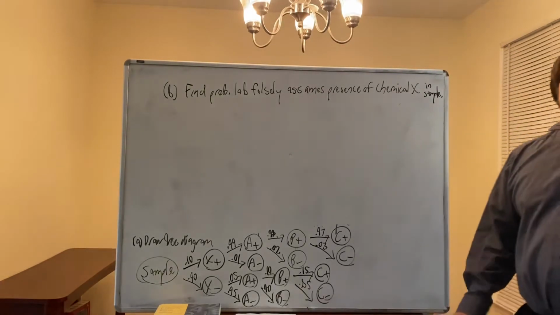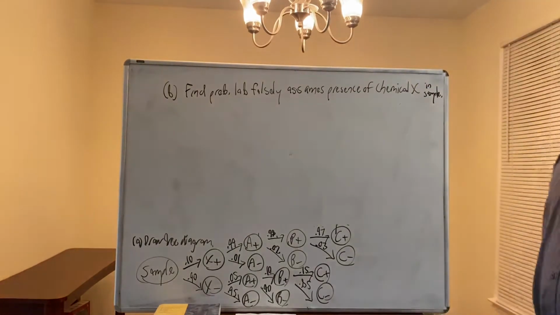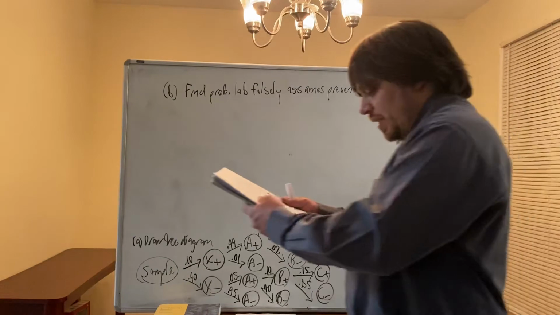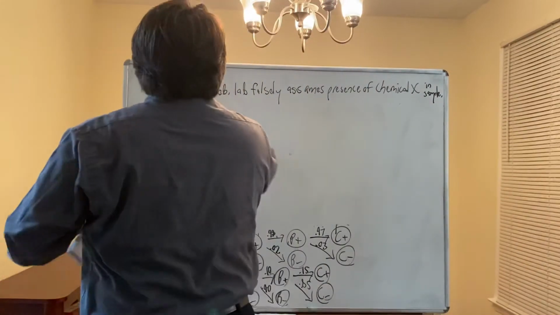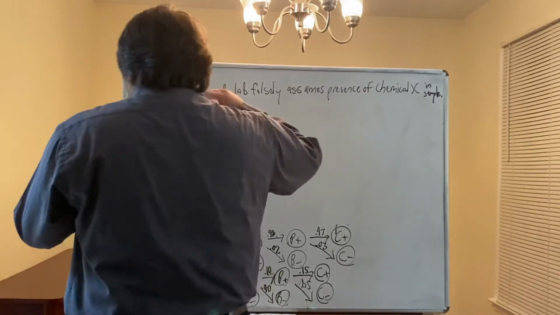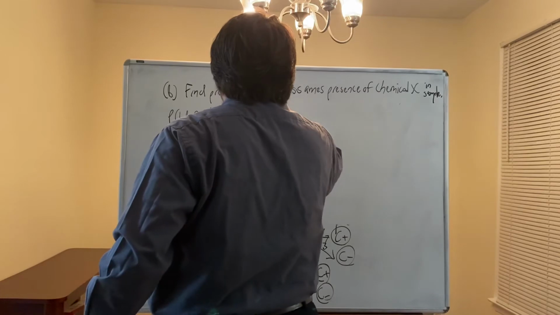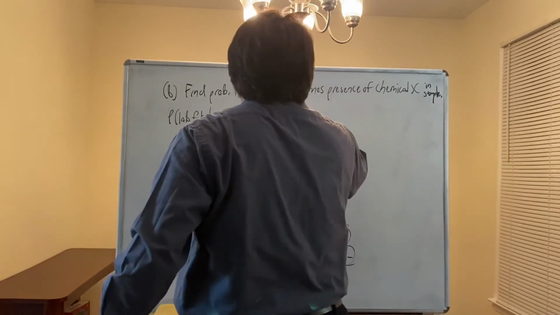So that means chemical X is not in the sample, and one of the tests says it is in the sample. Okay, so the probability that the lab falsely assumes presence of chemical X,